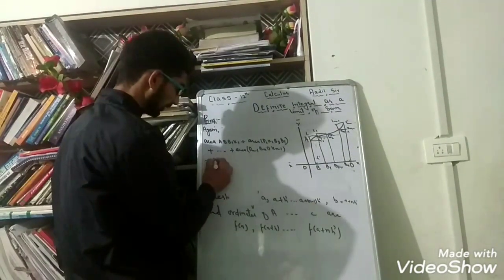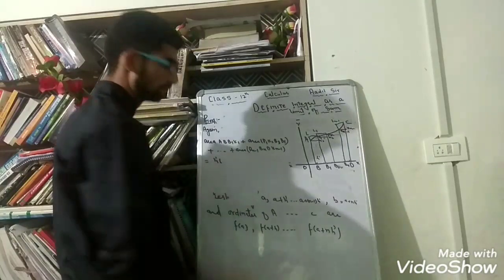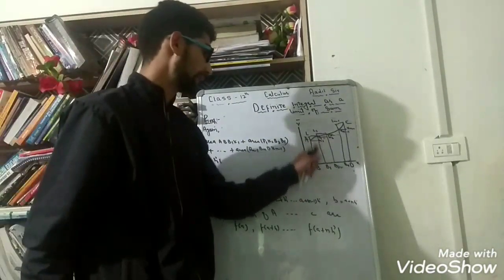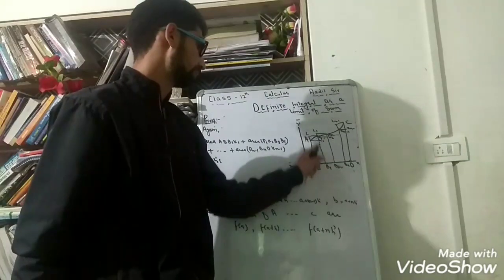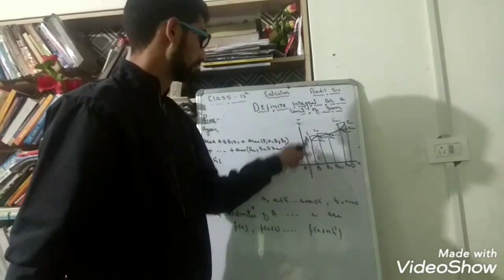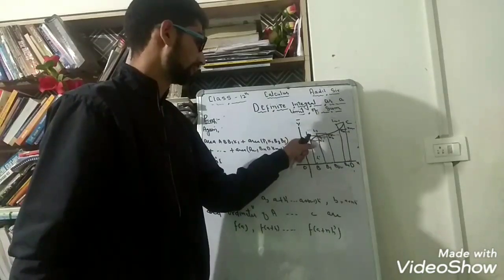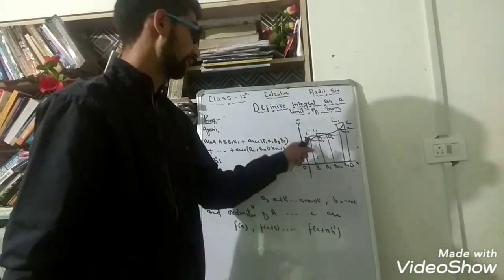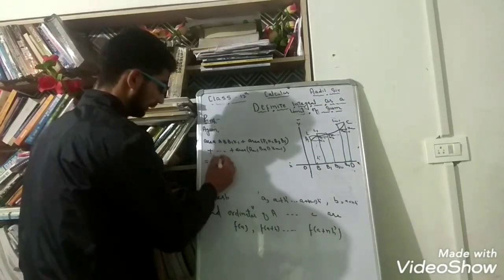So it will be H into breadth. What is the breadth? Breadth is here. What is that, beta? This is, and breadth is from this point A B. What is that equal to? That is equal to beta, the ordinate of this A, that is f of A,